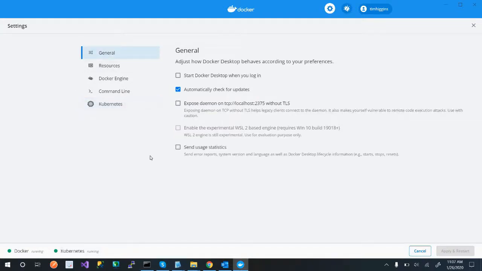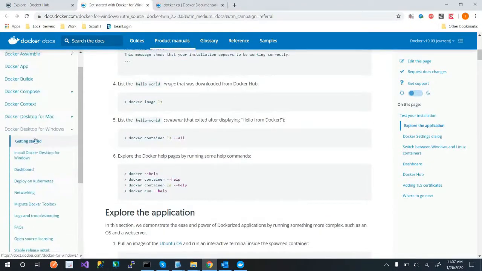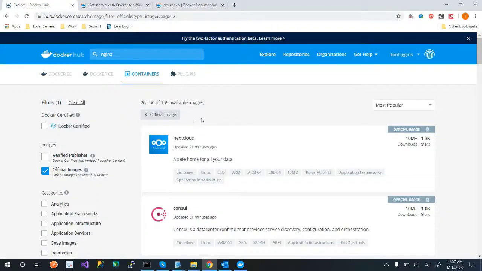So with that said, I hope this video was somewhat useful. I know it's kind of bouncing around, but my job wasn't to teach you Docker. My job was to show you how cool it could be, and also just give you an introduction of what it is. Okay, so just keep that in mind. What you definitely want to do is spend time on the getting started. Okay, it has everything you need to know here. And then you also want to spend time on your hub of just downloading stuff.